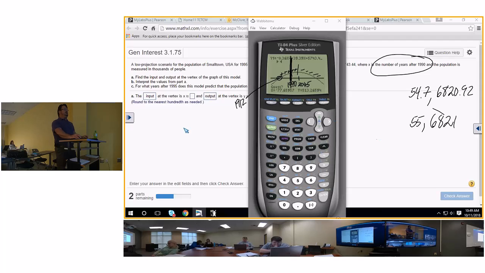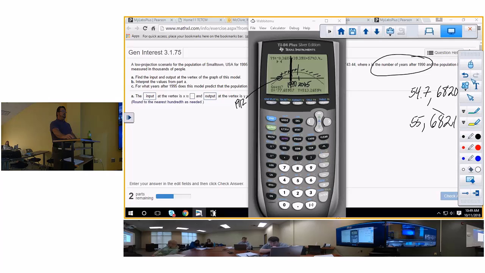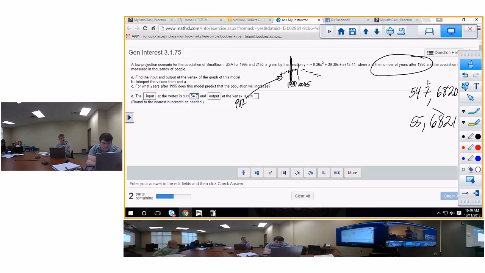The input at the vertex is, oh gosh, I'm still on question A, is 55. What did it say? Round to the nearest hundredth. Somebody give me that 54.7. Is it rounded to the nearest hundredth or what? That's the answer. 1990 and 2045 on A. Okay, so it's